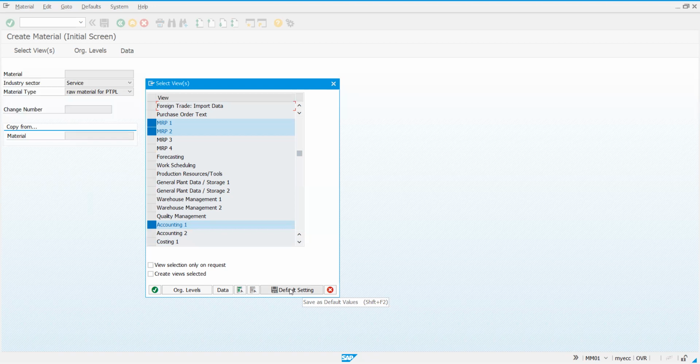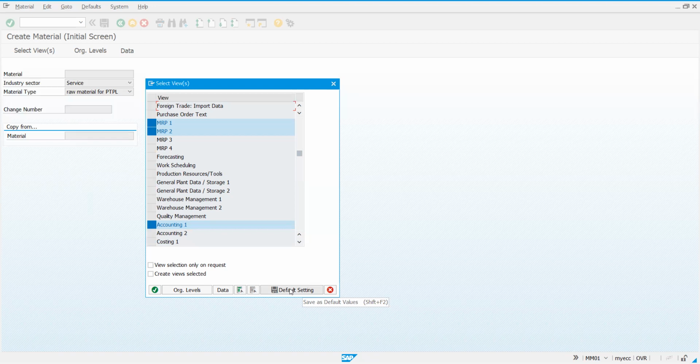And moreover, we will have to bridge the material to a certain account in the finance part, as when we purchase, that particular account has to get triggered. So valuation class in the accounting view will act as a bridge between FI and MM. So that's the reason we have taken the accounting 1 view. So these are the basic views, and in real time, as I told you, it will be by the engineering department.